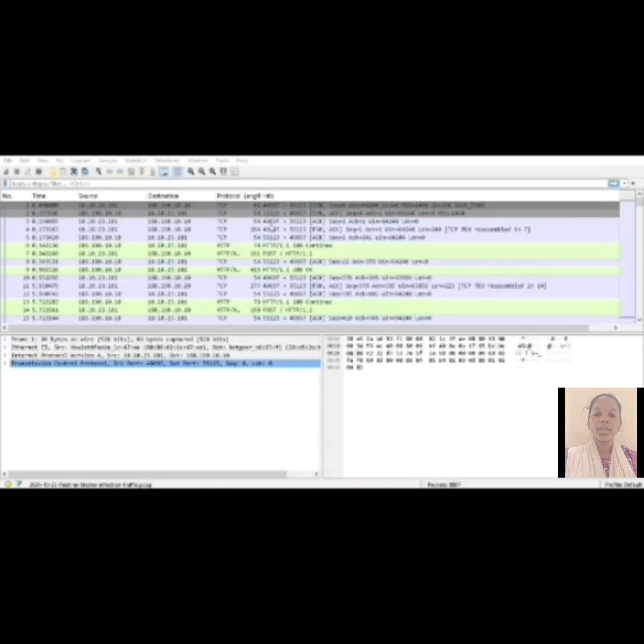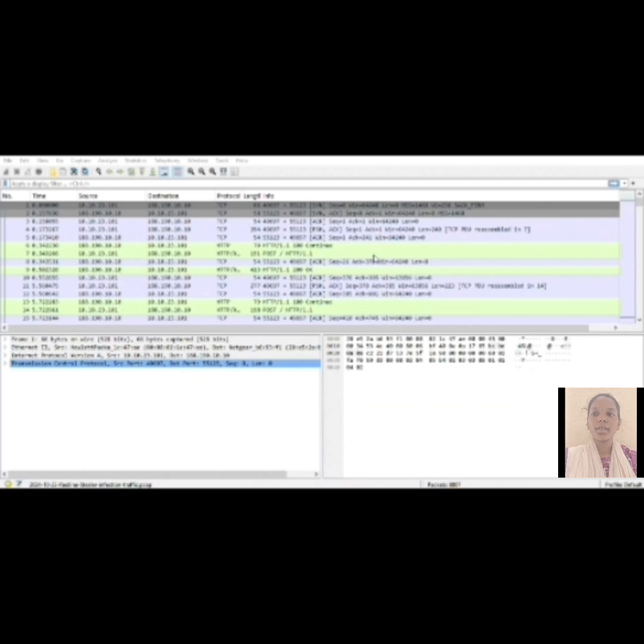Here we can observe that the internal host 10.10.23.101 transmitted approximately 6 megabytes of data to the external IP 188.190.10.10. This unusually large outbound traffic is a strong indicator of potential data exfiltration.